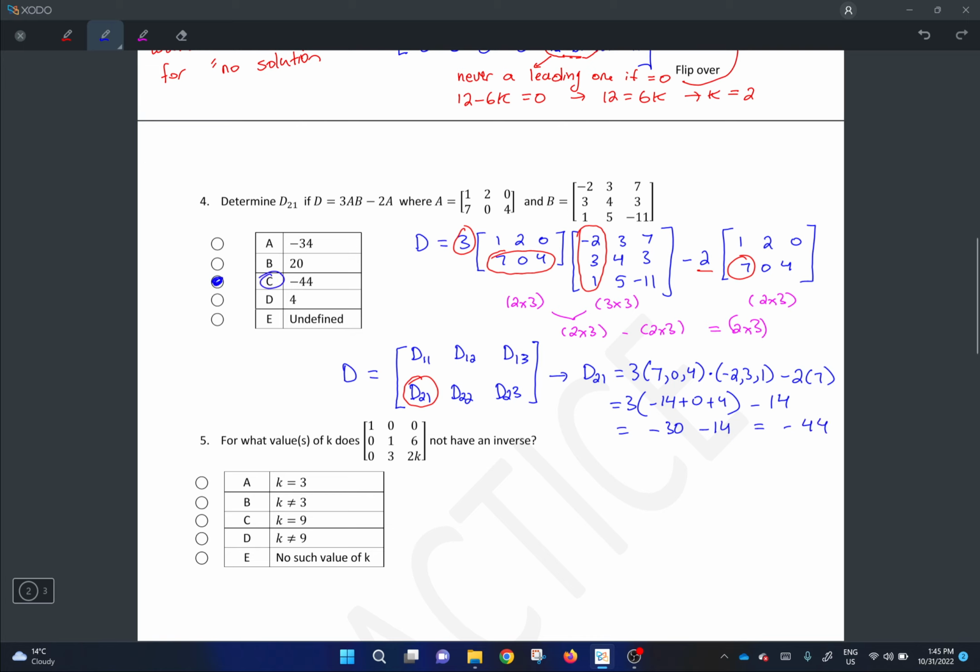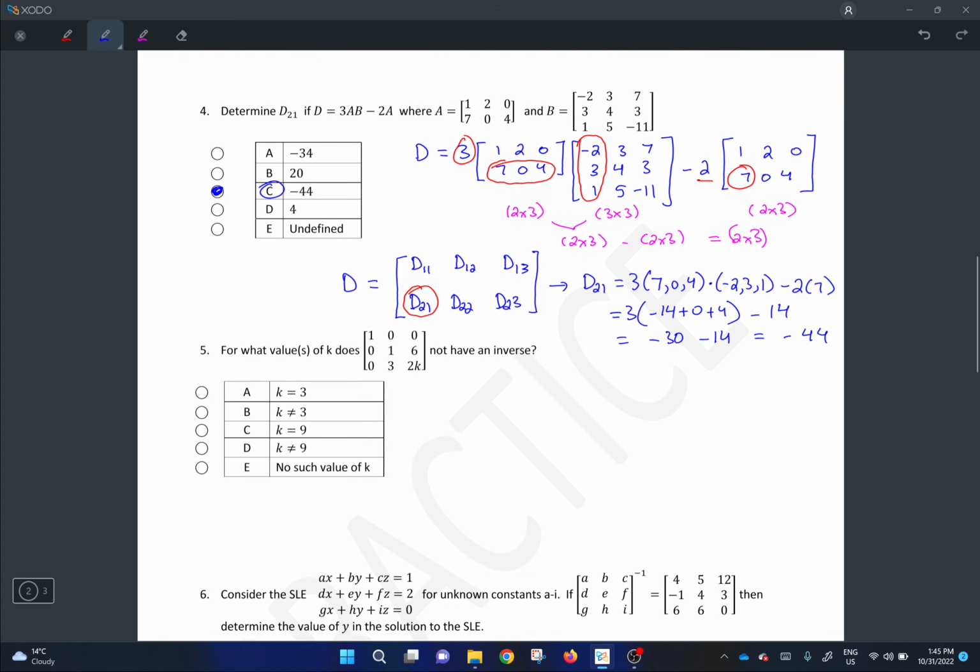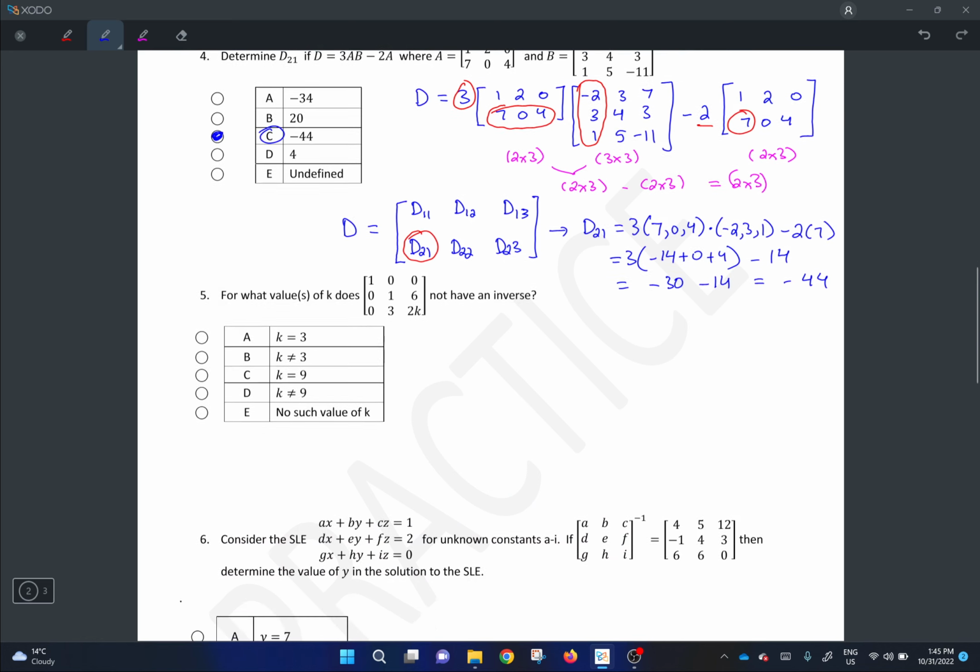If you want, you can do all the dot products, all 6 dot products, but we're only asked for 1 entry, so you don't need to do it all. Okay, question 5. What value of k does this matrix not have an inverse? To create an inverse,